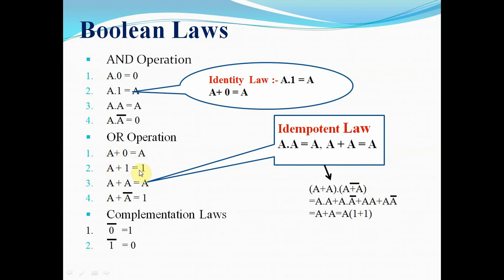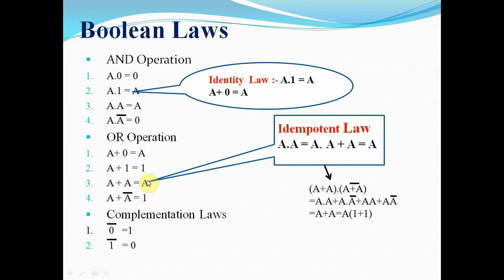For this, a plus a is equal to a. Let's consider a plus a is equal to a. How does it come? Assume in one bracket a plus a, and in the other bracket we are getting a plus a complement, which is nothing but 1. So a plus a in one bracket and the other bracket is 1. So it becomes,